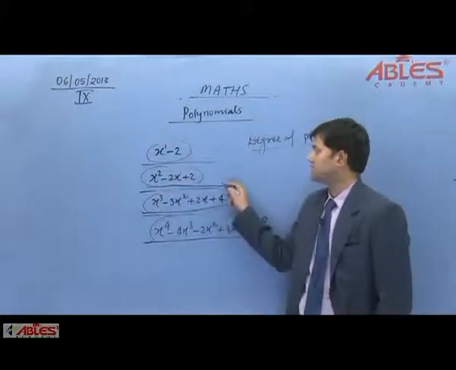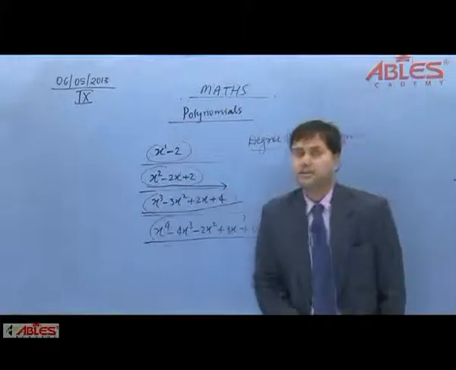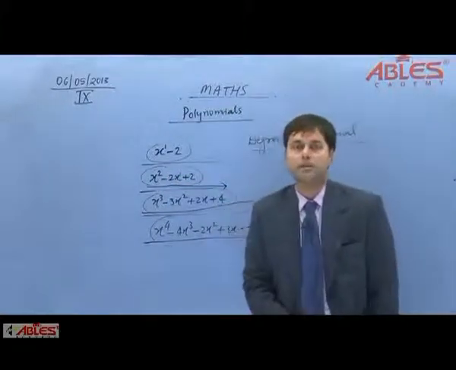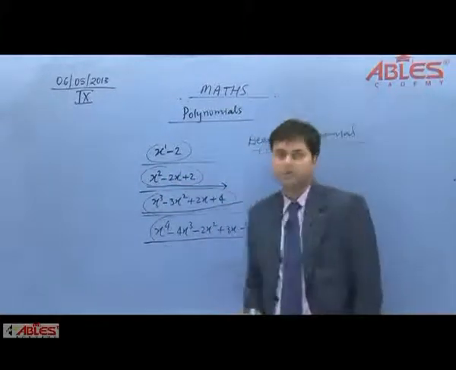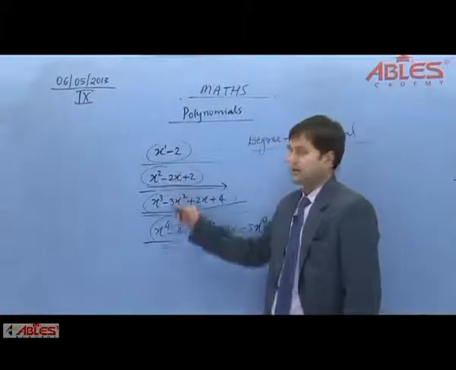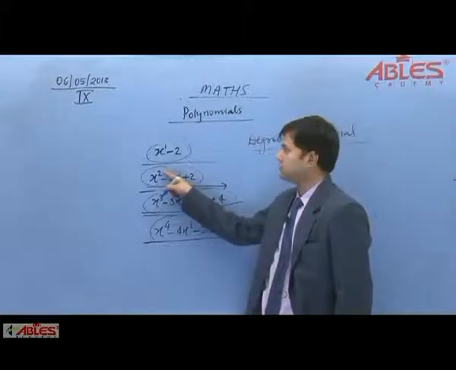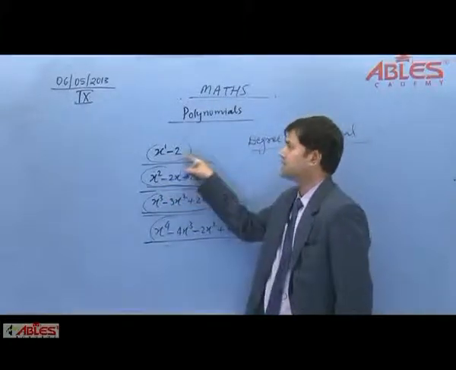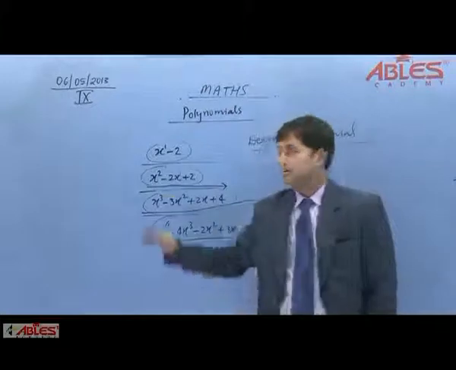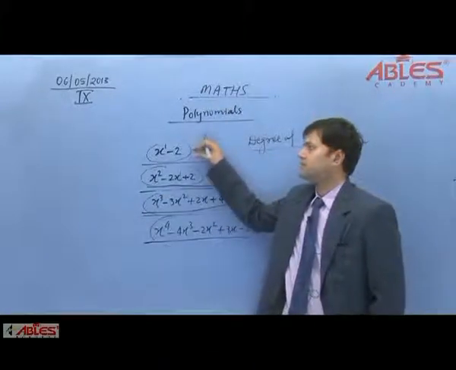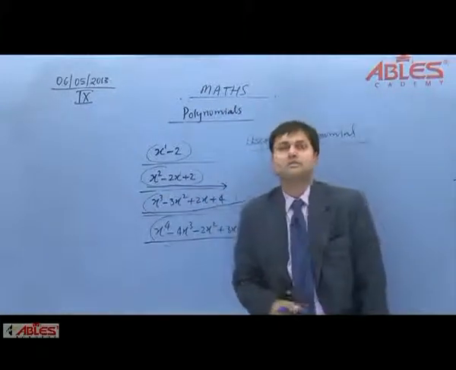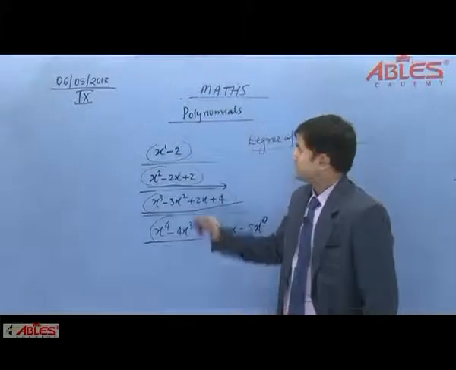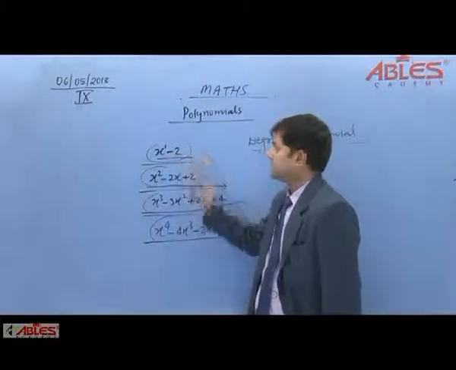Now we are discussing this case. So in this condition, can you decide what is the highest power available here on the variable? Yes students. In this case the highest power is 2. So we can say the degree of the polynomial is 2. Now in this case, what is the highest power? Now we are discussing this first case. So what is the highest power, students? 1. So the degree of the polynomial in this case is 1.